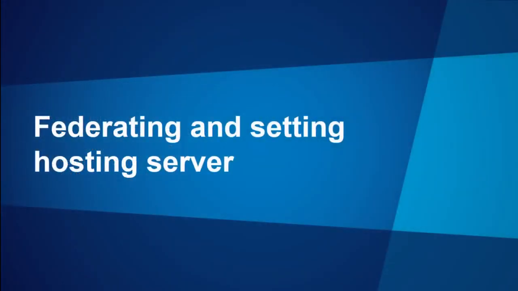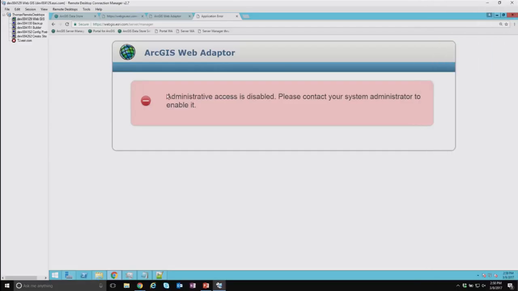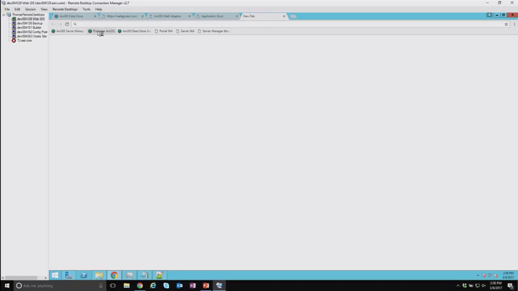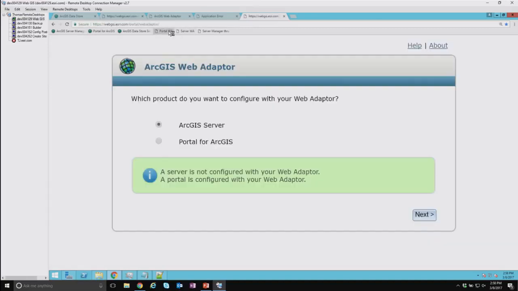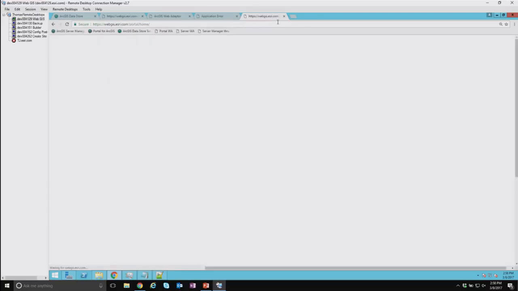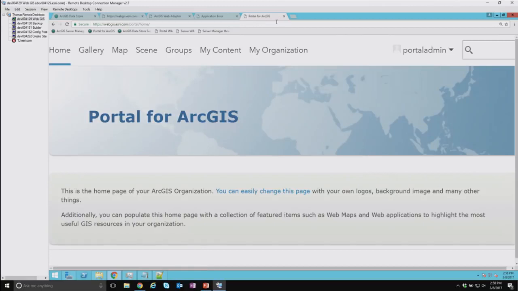So what I'd like to do now is go ahead and actually run through federation. Let's get this to duplicate. There it goes. So on the site that Thomas has registered the web adapters and registered the ArcGIS data store,